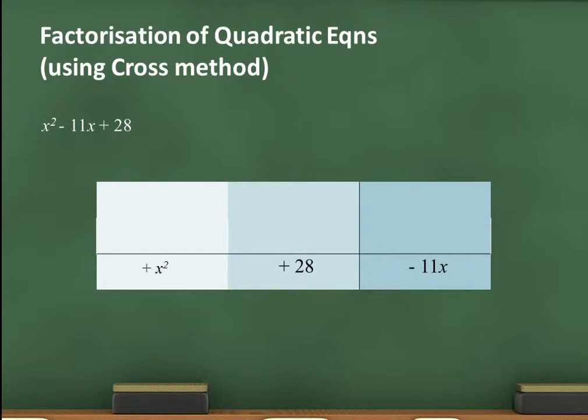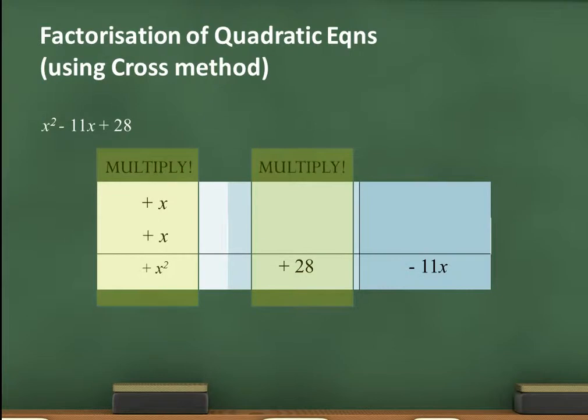Again, take note, the x squared term is on the first column. Constant term, meaning there's no variables, second column. And then the x term in the last column. Please also take note of the signs. They should always bring their signs along with them. Okay, fill up the first column